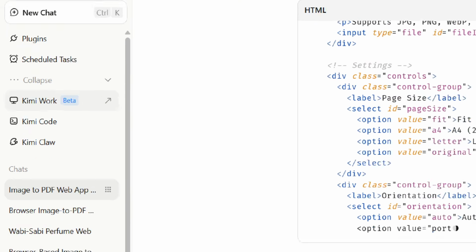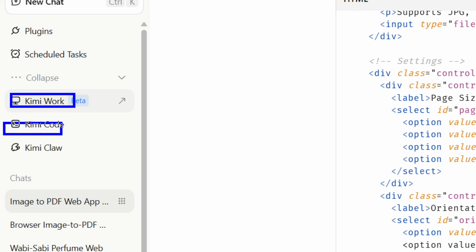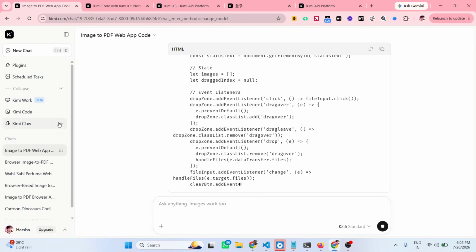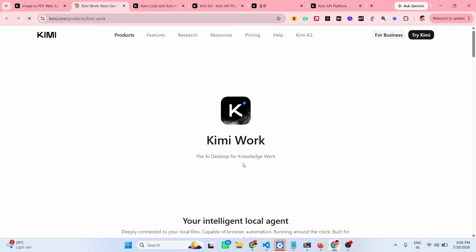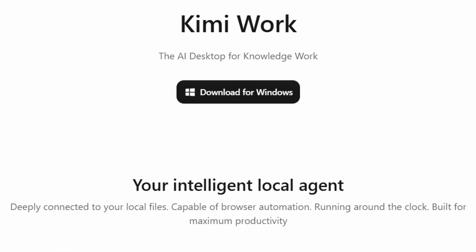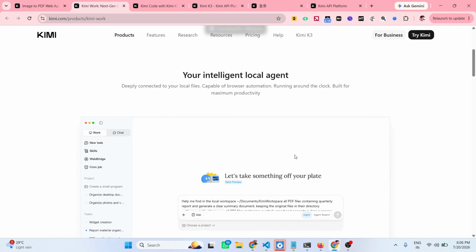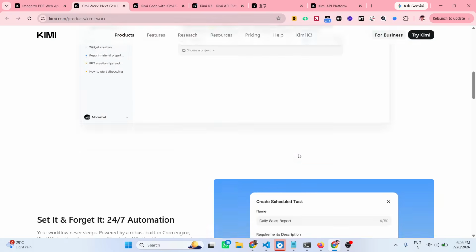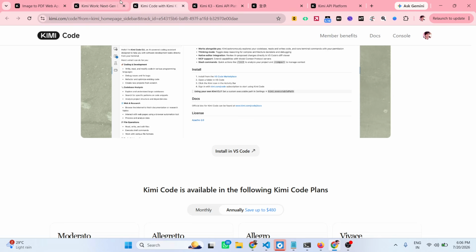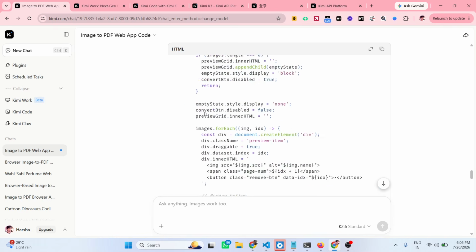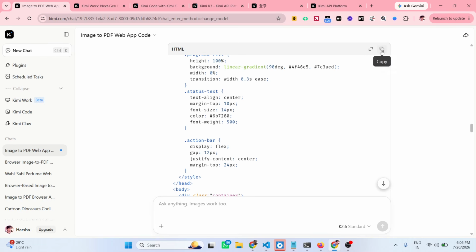There are various products: Kimi Work, Kimi Code, Kimi Claw. Kimi Claw is something for automation. Kimi Work, if you do want to create automations, is an IDE. You can download this for Windows. It's a local agent directly inside your Windows system. They have quite a number of features and software around Kimi K3. Definitely visit their website, it's really awesome. You can see it generated the code for the application, and you can copy this code